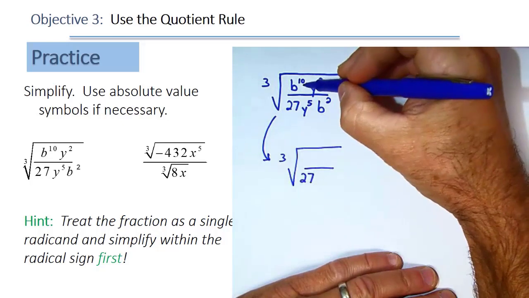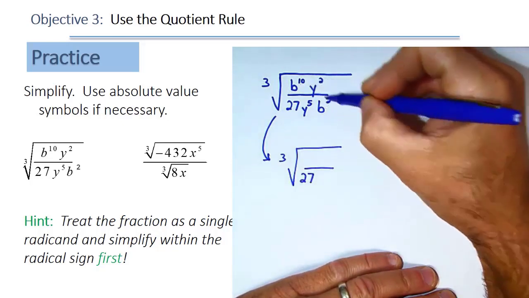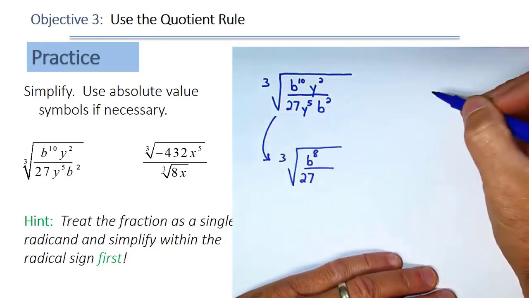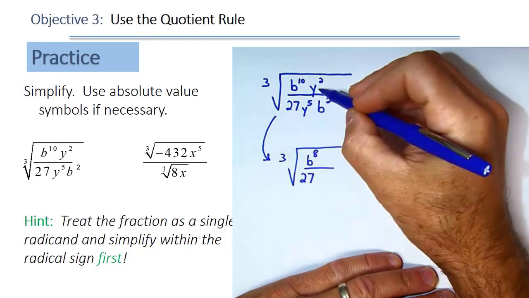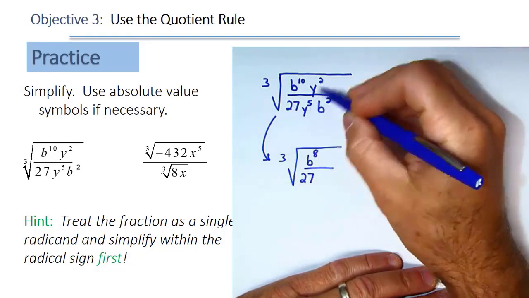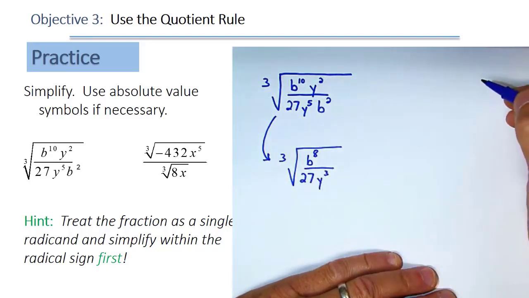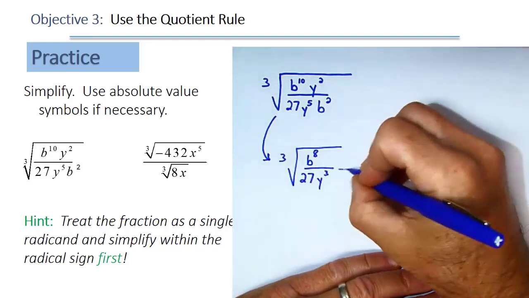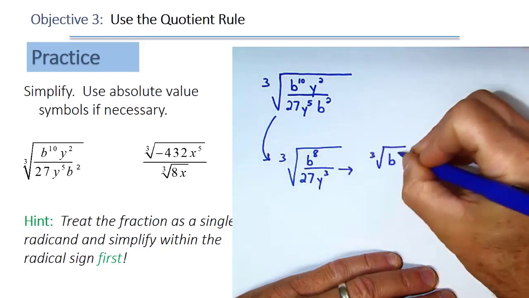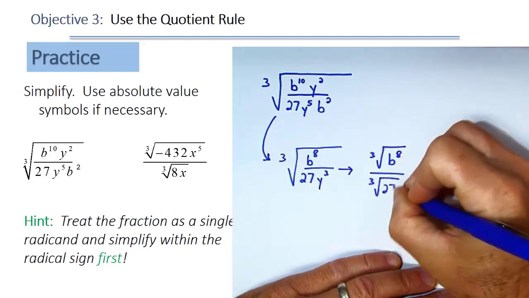But look at this. We've got b to the 10th over b squared. We know what b to the 10th over b squared is. That's just b to the 8th up in the numerator. And look at this. We've got y squared over y to the 5th. We're going to get some canceling there, and we're going to have y to the 3rd in the denominator. So now you can simplify it pretty easily. That's the cube root of, we'll split it up now, b to the 8th over the cube root of 27